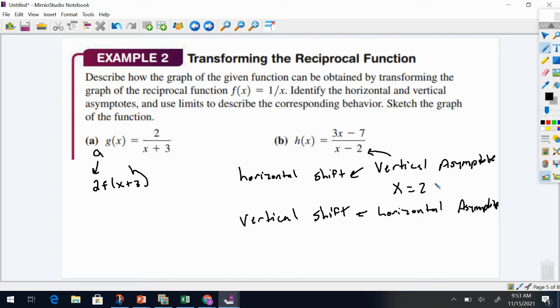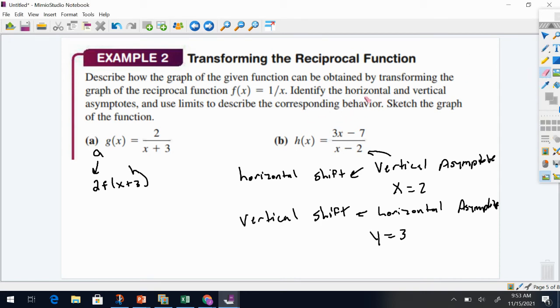Okay? So horizontal asymptote. What is it? The degrees are the same. So what do I do? I take 3 and I divide it by 1 and I get y equals 3. So my vertical asymptote is x equals 2. My horizontal asymptote is y equals 3. Okay. Now,